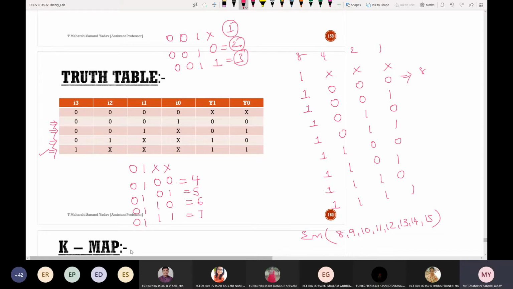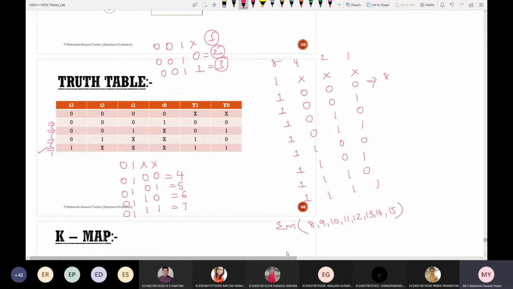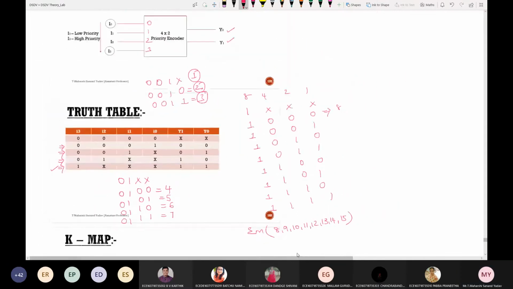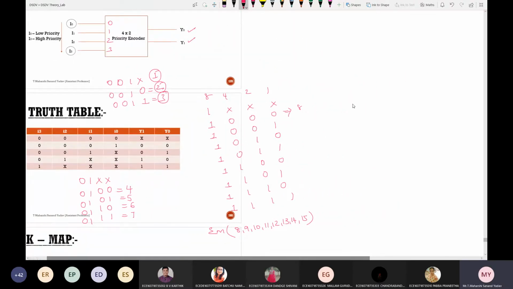Now based on this, can anyone do the K-map and tell me the result? Do the 4 variable K-map. So how many inputs are there? I3, I2, I1, I0.